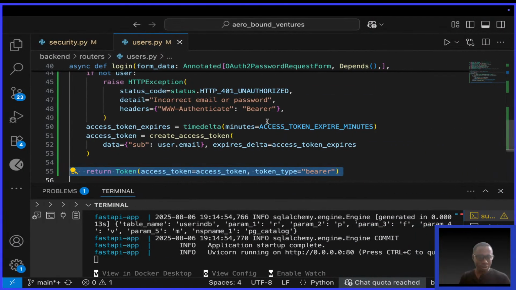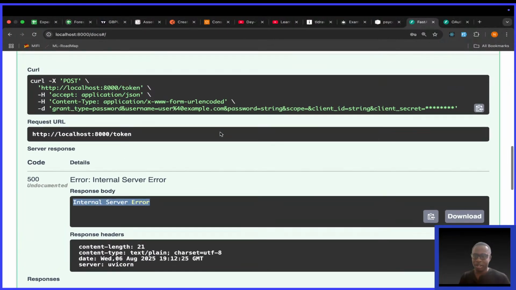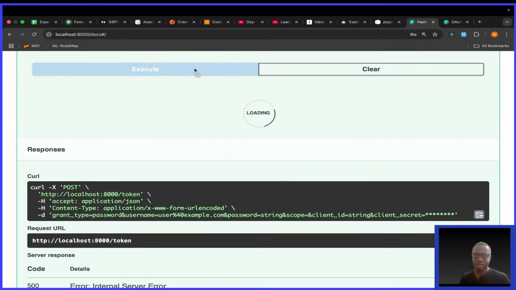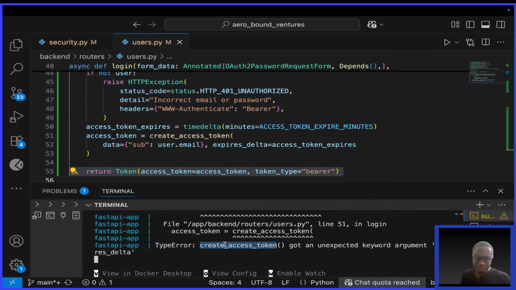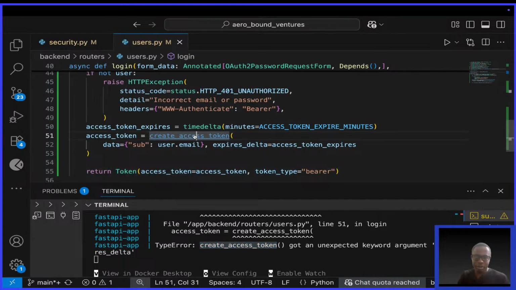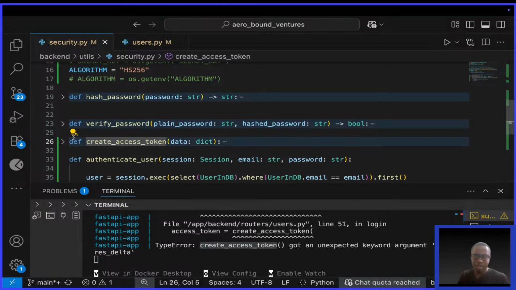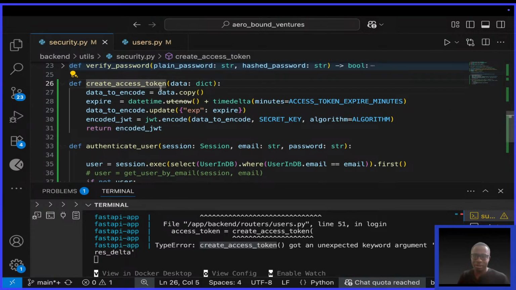Is it running? Okay, it's running. So I can come here and execute again. We have another error. It says create access token got unexpected keyword argument expires delta. This one here. Okay, let's just see what ours has. Again, it's because I copied things. Okay, so we're supposed to simply